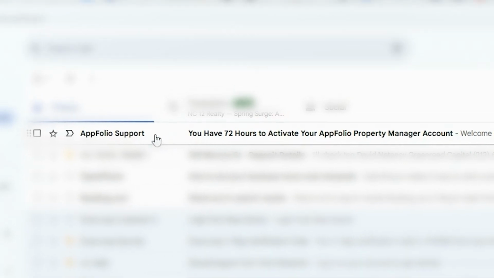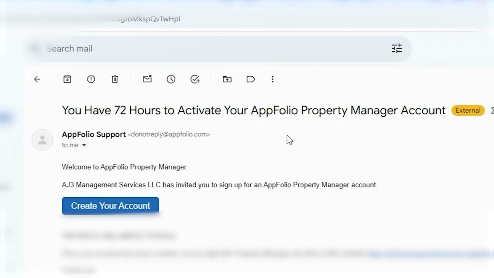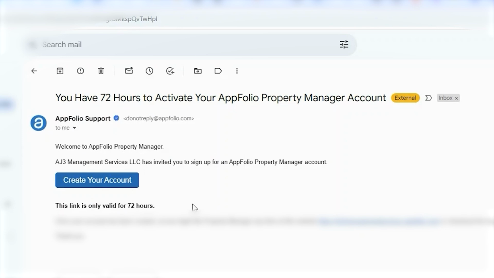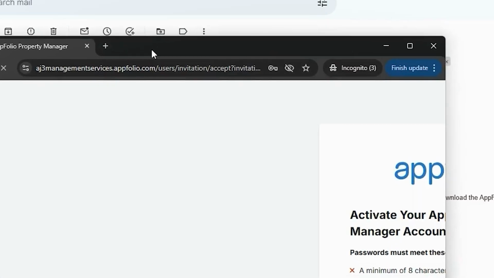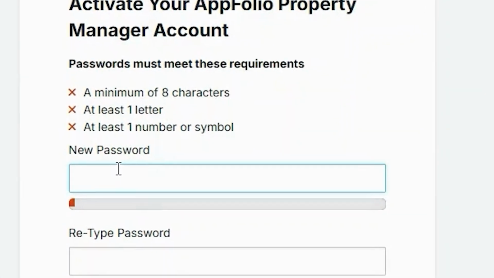Now you see that you got an invitation here from AppFolio support, and you have 72 hours to activate it. So this is the person you created with the email ID, and you will click on create account. Since I've already logged in, I'm going to open an incognito window. In that incognito window, you will give a brand new password,